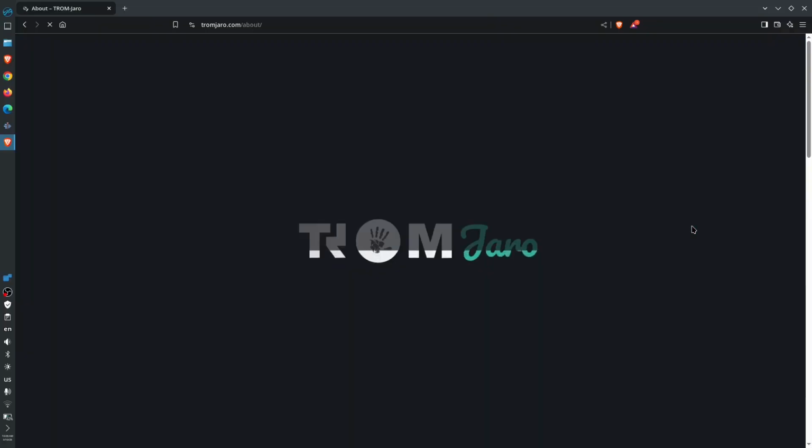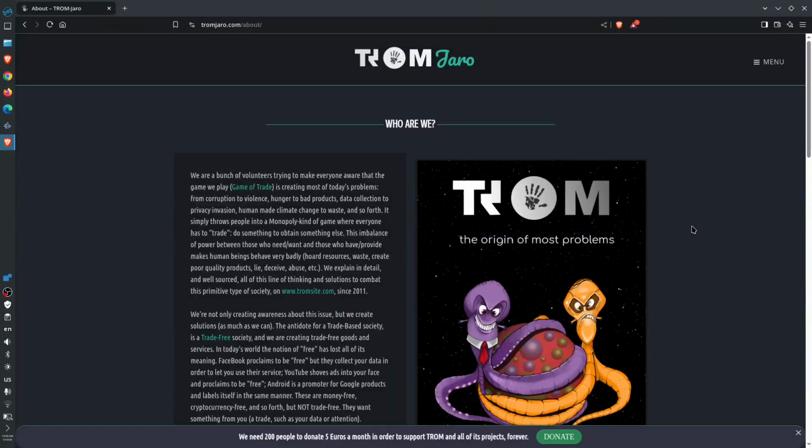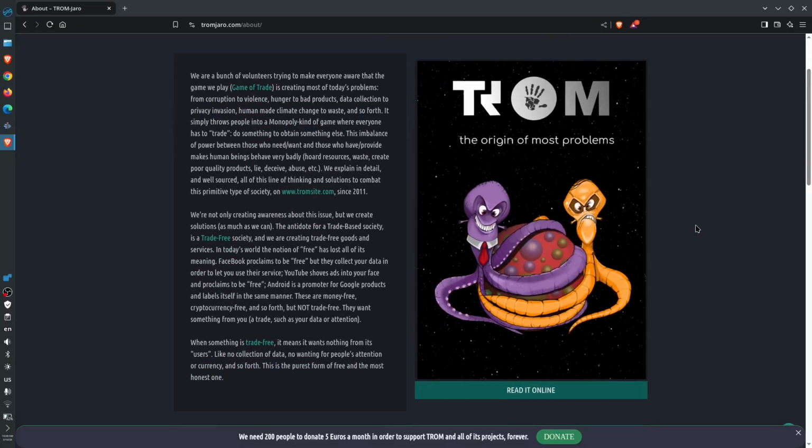So Tromjaro is a rolling release and it is trade free. So there's no trading right here. It's just only free to use for whatever you wanted to do. Okay, so they also have the link down below right here with the donation if you want to support the